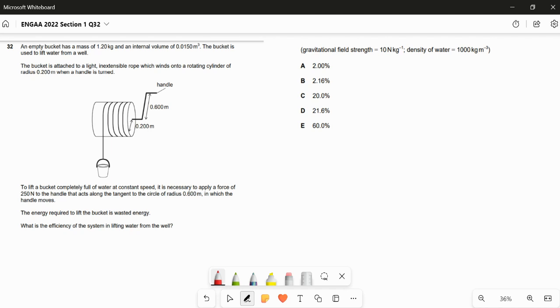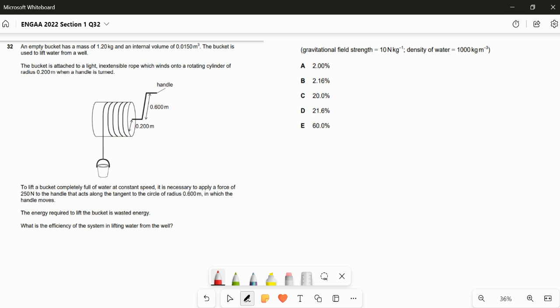An empty bucket has a mass of 1.2 kilograms and an internal volume of 0.015 meters cubed. The bucket is used to lift water from a well. The bucket is attached to a light inextensible rope which winds onto a rotating cylinder of radius 0.2 meters when a handle is turned. To lift a bucket completely full of water at constant speed, it is necessary to apply a force of 250 newtons to the handle that acts along the tangent to the circle of radius 0.6,